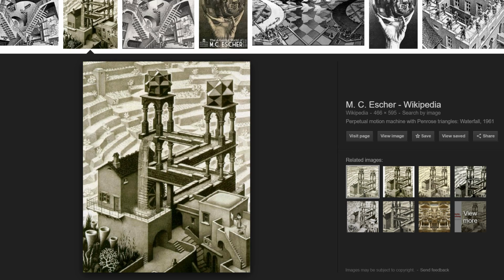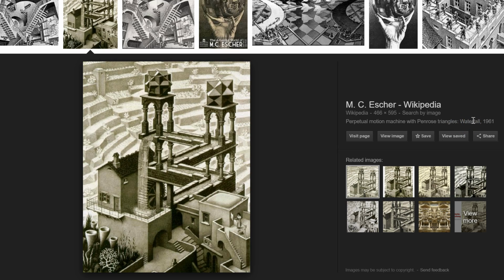Escher. He was famous for a lot of things, so I've just kind of highlighted one of them. This right here is an optical illusion because it looks like the water is flowing, flowing, flowing, and then falling down. Wait a second, flowing out. So the water would literally have to be flowing up. What? That doesn't actually happen in real life, but this is a perpetual motion machine with Penrose triangles, and it